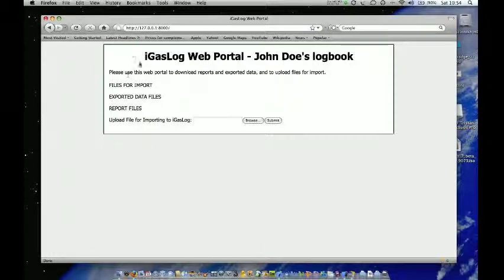Now you can see it says iGasLog web portal and it says John Doe's logbook. And if you remember from the first tutorial, John Doe was what we set up as the name of the owner of the logbook back in settings. So this web portal lists all the files that you've got stored, and it's going to have files for import, which is what we're interested in. And later on it will list any exported data files and report files that you can download from the web portal. So for the moment we need to select the file that we wish to upload into iGasLog for import,